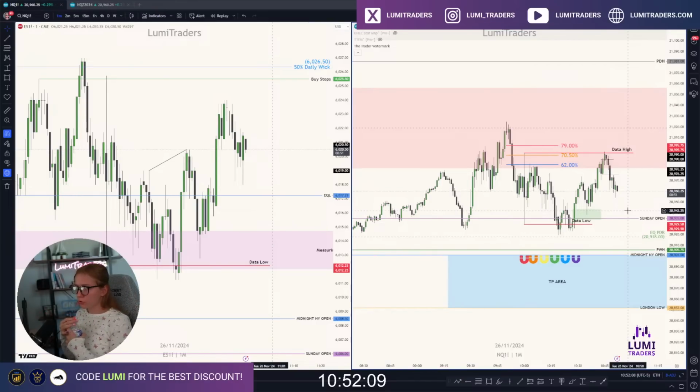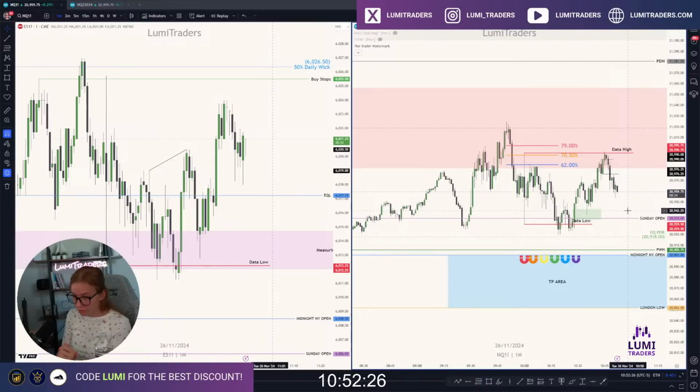All I know, I don't want to chase right now. For example, I see twin setup for short. But what I don't like about this, I don't like the time for this. Because twin setup usually confirms smart money reversal or continuation. But it must be at the right time.